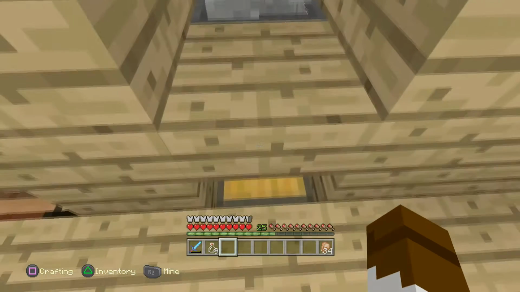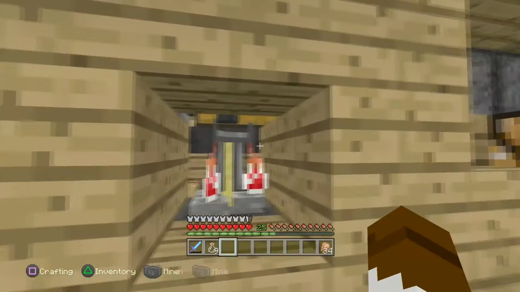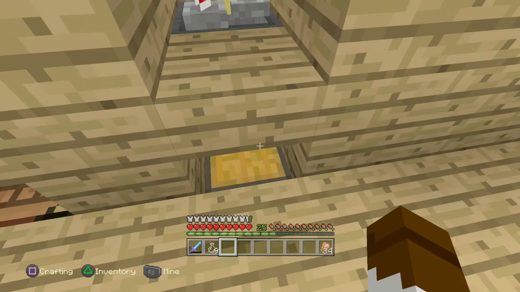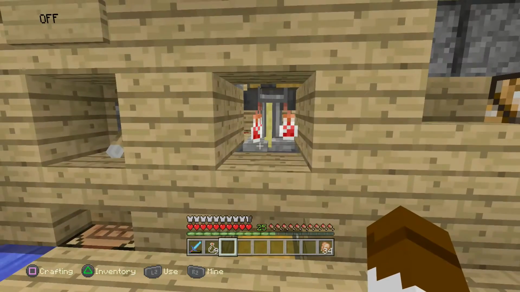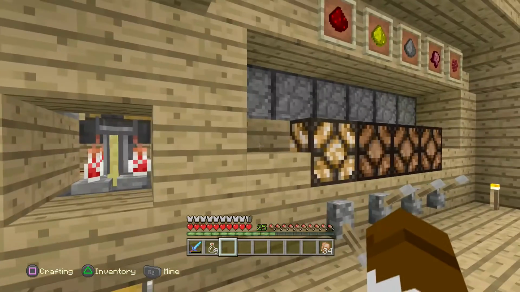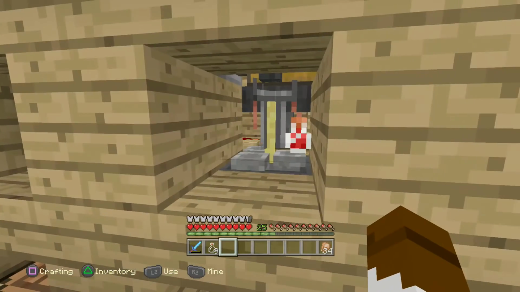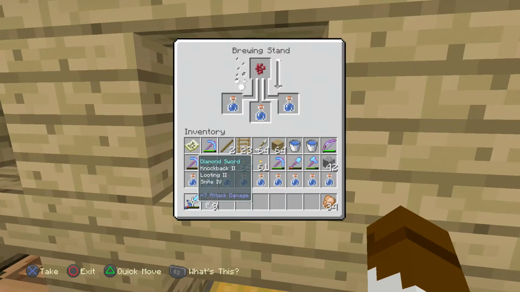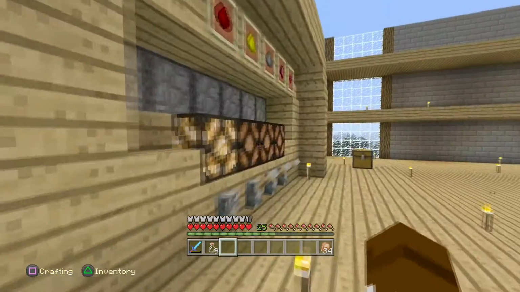And that nether wart. So once we turn it on again, these potions will drop down into this chest where these awkward potions have already gone, and the next set will continue brewing. In fact, why don't we just turn that on and let it keep going. Those drop down, new ones come in, and it'll keep going until we turn it off, or until you run